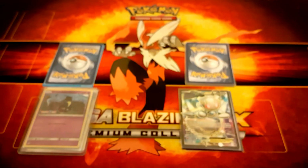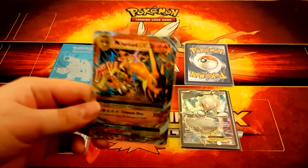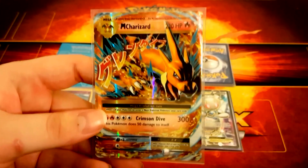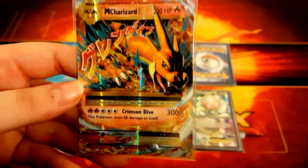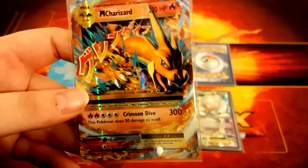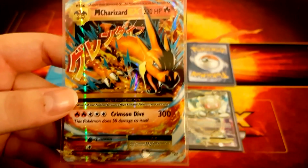Okay. Second. My number 2 is my Mega Charizard EX from Evolutions. Now, you guys will know that my favourite Pokemon is Charizard. And it's just, look at the artwork on it. It's beautiful. I mean, this would be replaced by the full art if I had it. But I haven't got the full art, so...